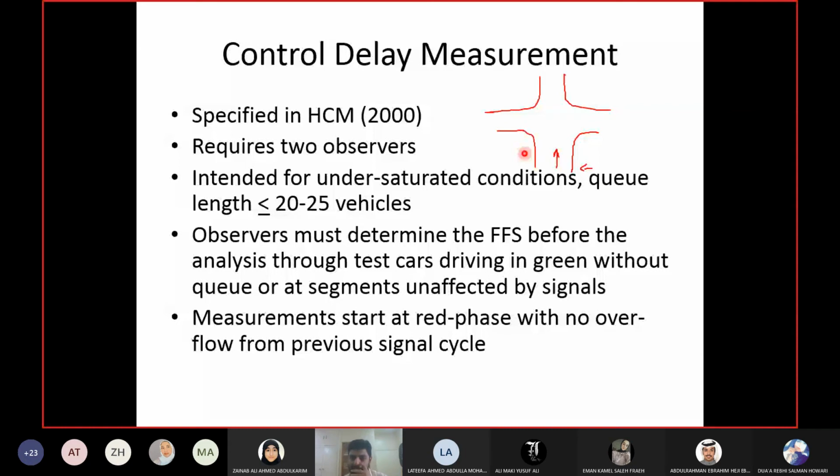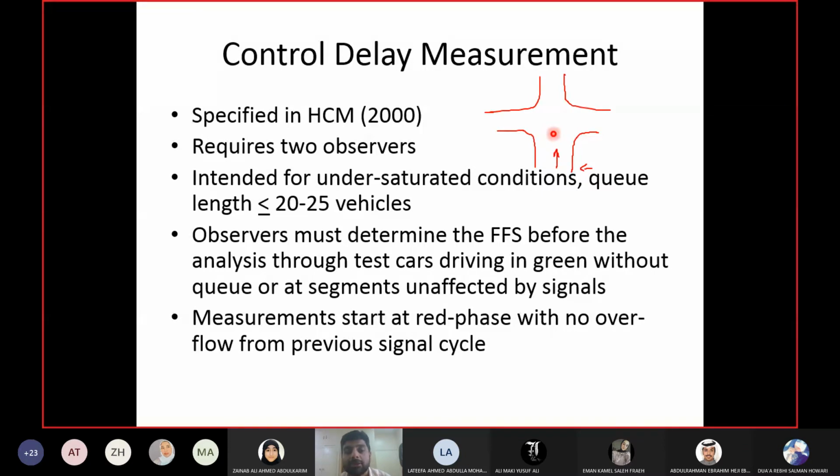So signal cycle is the time taken by the signal to complete the movements from all the sides. And how do you know? You stand at any side of the signal, and you start counting the cycle when the signal has just become red, and the cycle will end when the signal becomes red again. So your 0 time is the start of the red, and the final time will be the start of the next red. Ali, theoretically, you can measure it from green to green as well.